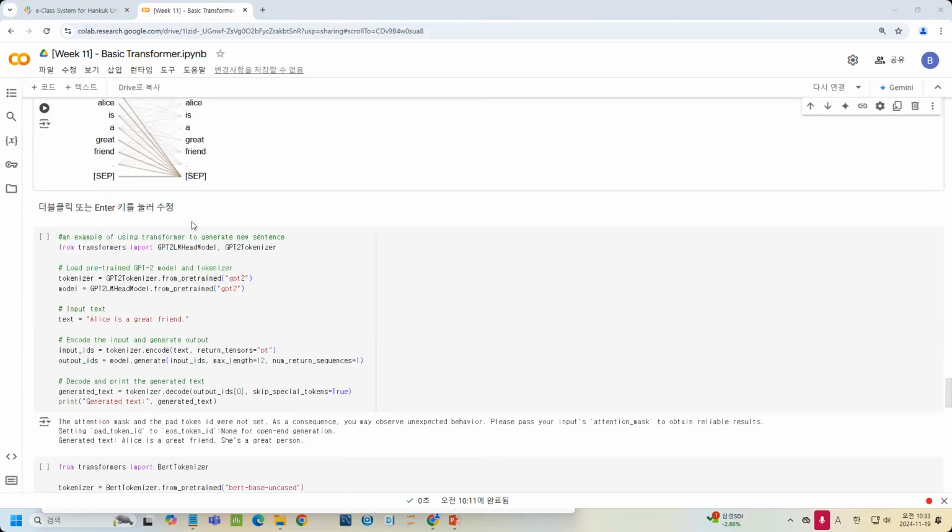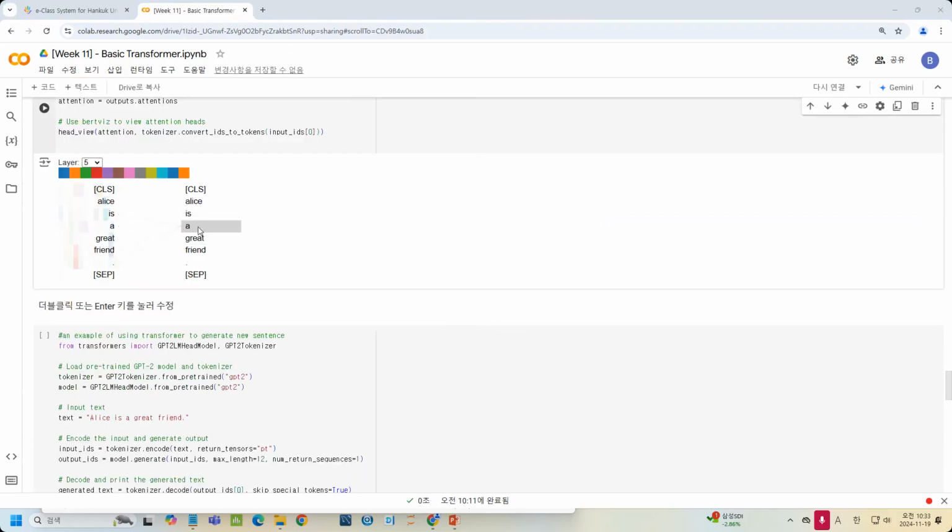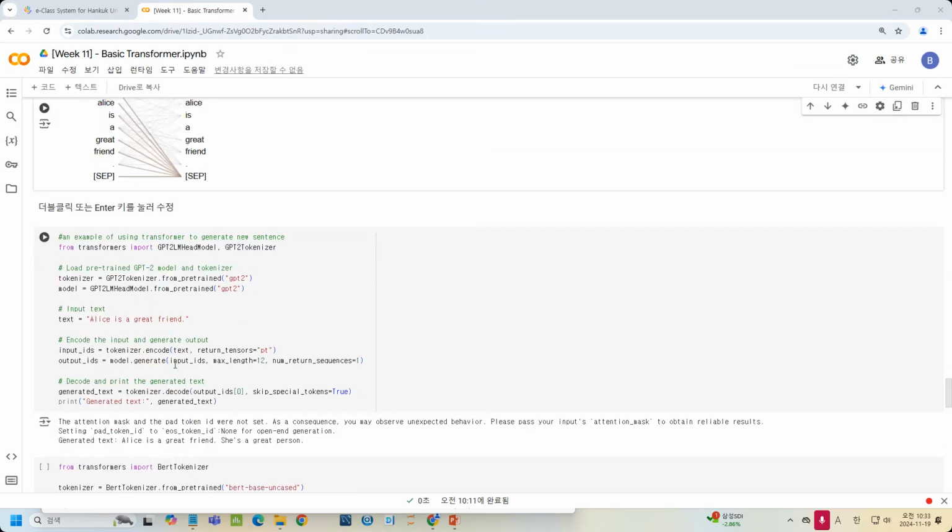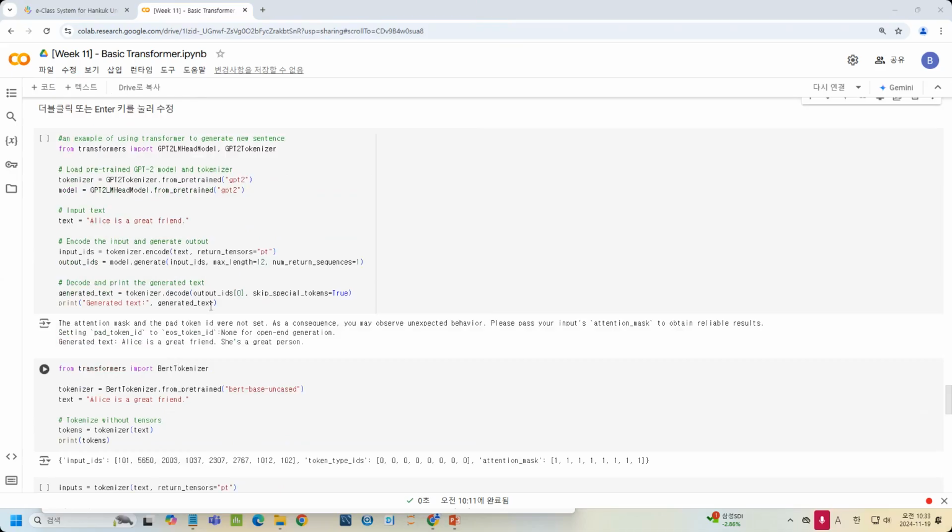So it is to see how the attention works for every word. Of course, it's not obvious. We cannot see clearly here because the words are very short. So using this kind of attention, we can have text generation. For example,